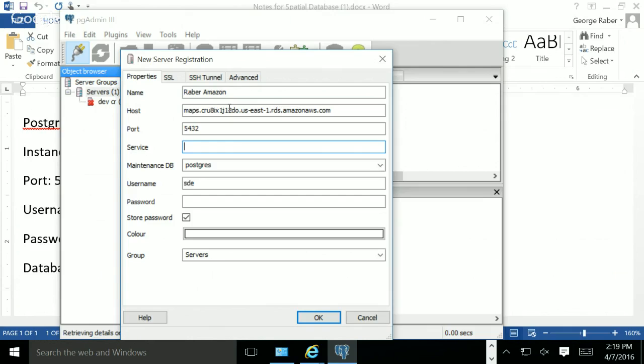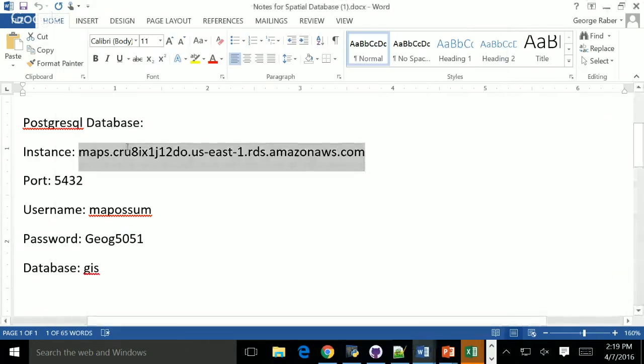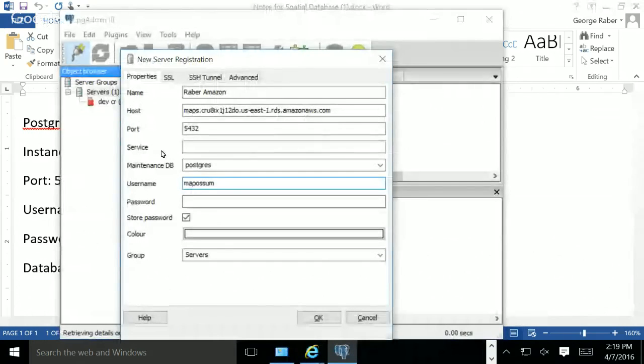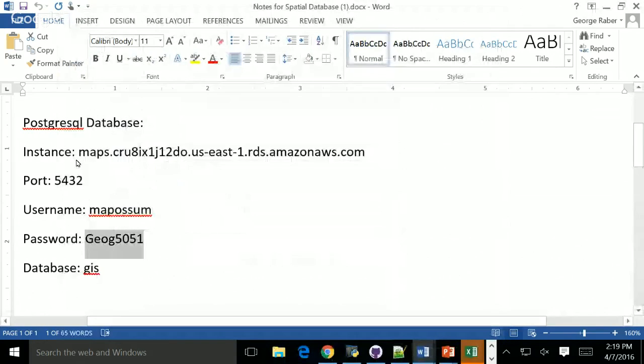Okay, so the service here, leave that blank. Postgres SD, the username is map awesome. This thing right here. I use that as a username sometimes, so I used it here. Password is